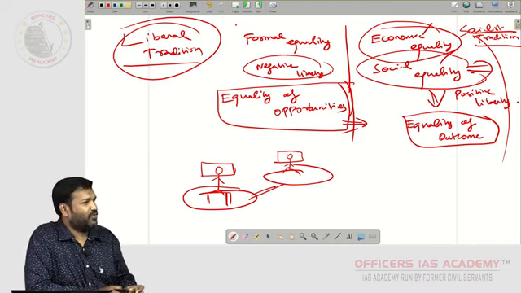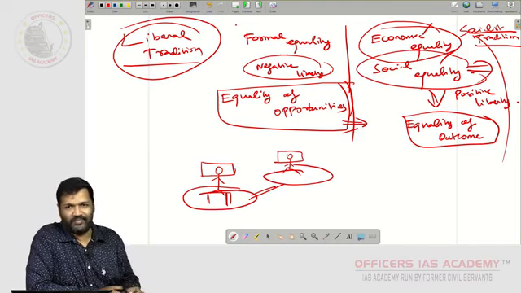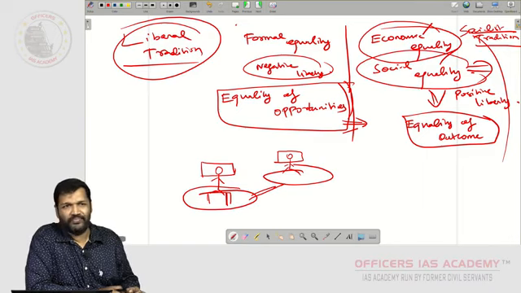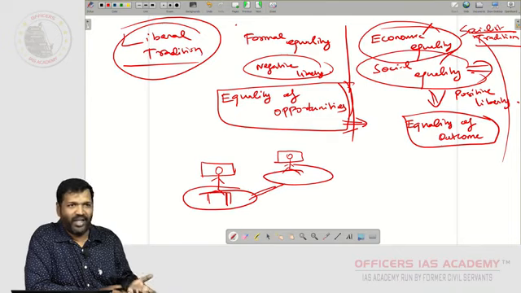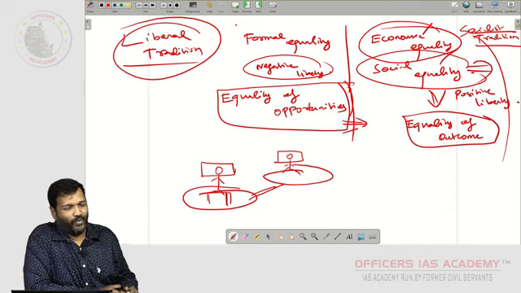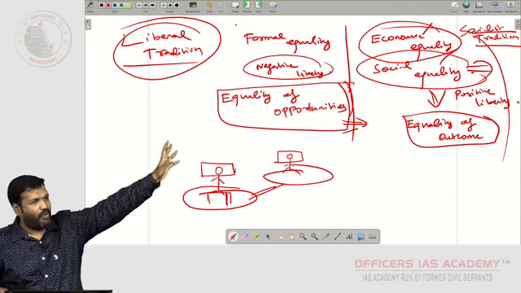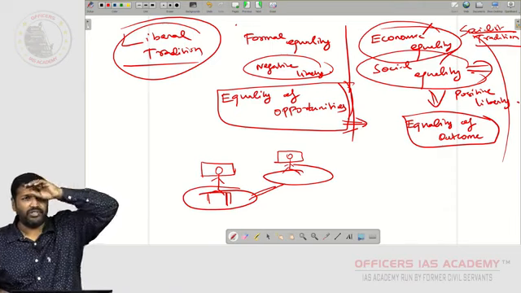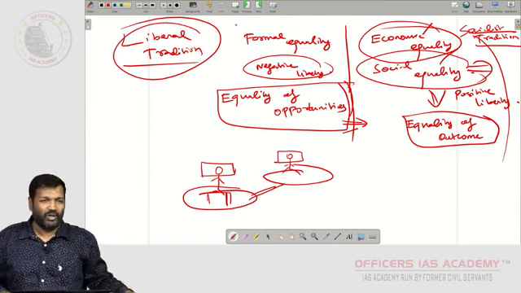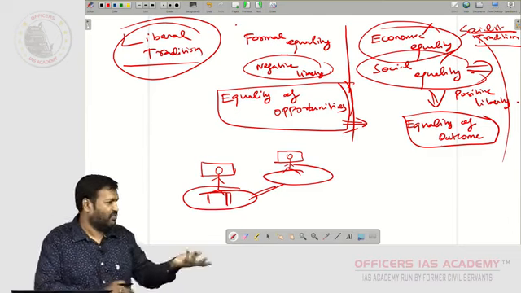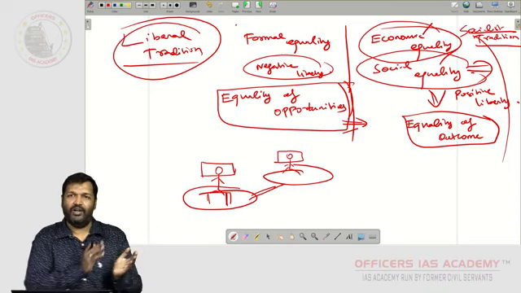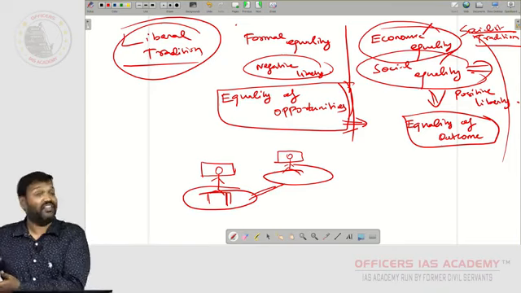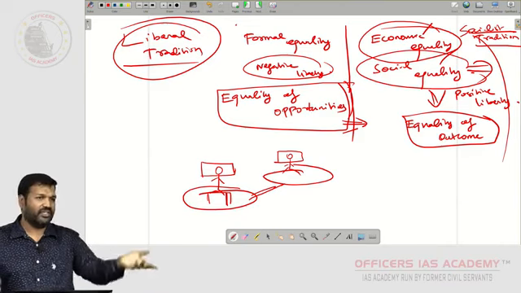A person asked me a simple question: sir, all these things are theoretically correct, tell me how to do it. At that point I did not have an answer. Even today I don't have an answer. No one can have an answer. You can give lectures on abolition of the caste system. I was giving a lecture because there was a caste fight. As a researcher I went there, and he was speaking ill of another caste, and when I went to the other group where the other caste people live, they were speaking ill of this caste.